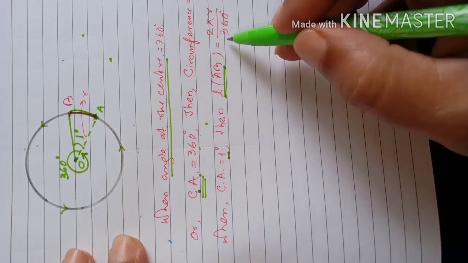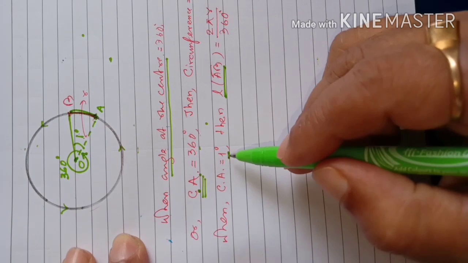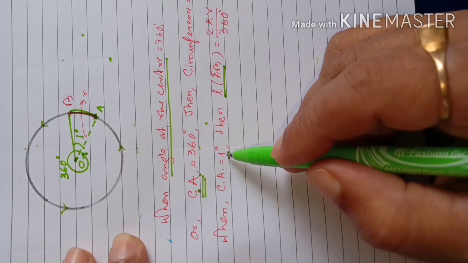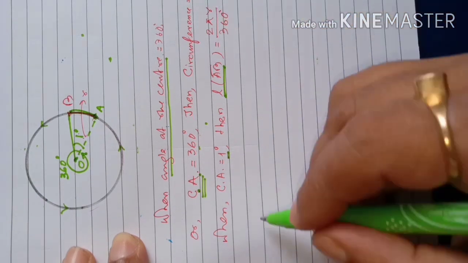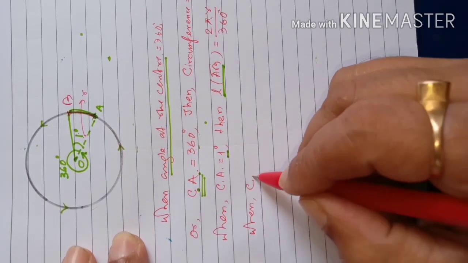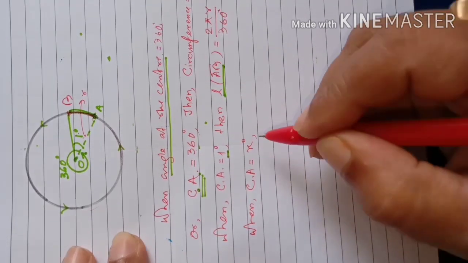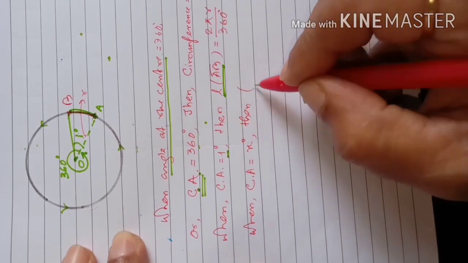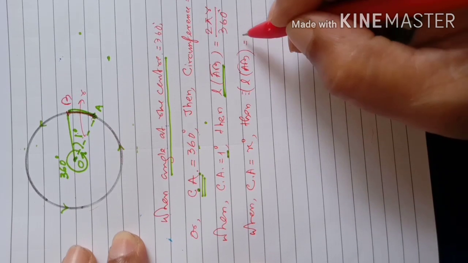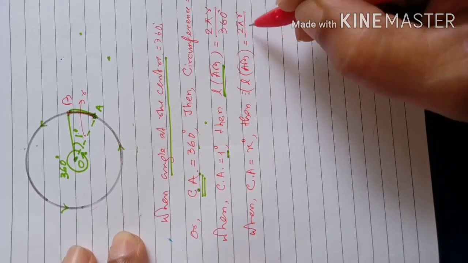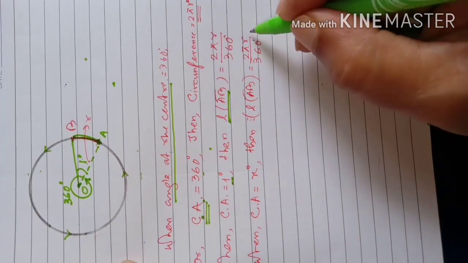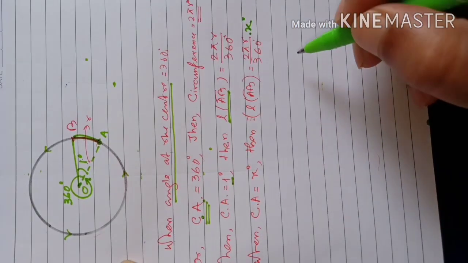Then this whole thing will be multiplied by 30, because 1 will become 30 if 1 is multiplied by 30. 1 will become x degree when 1 is multiplied by x, then here also we have to multiply x. That is what the line that I am writing here says: when central angle is x degree, then length of arc AB is equal to 2 pi r by 360 should be multiplied by what? Should be multiplied by x degree. Clear, dear students? X degree.